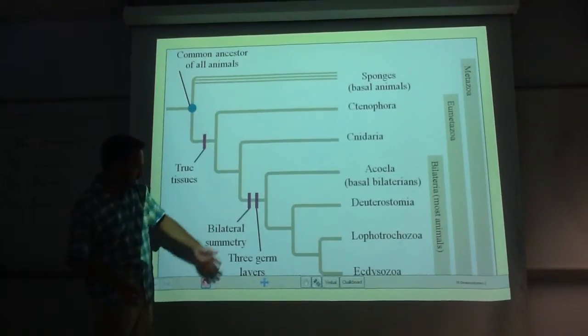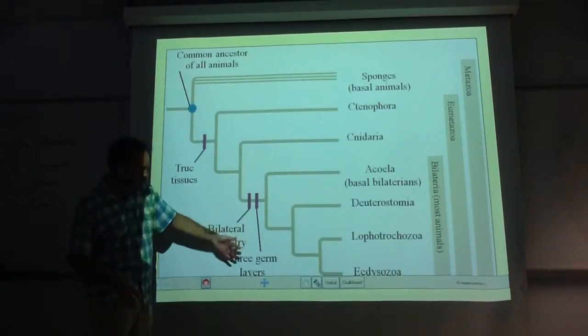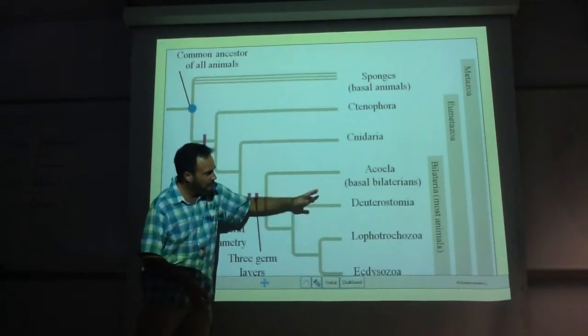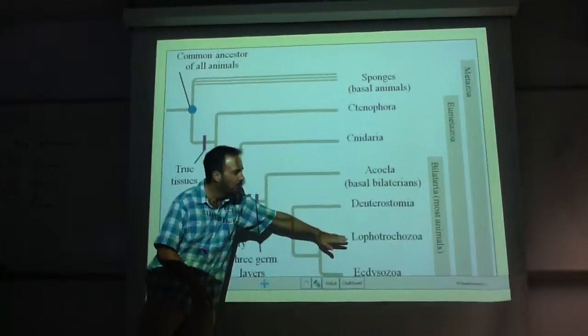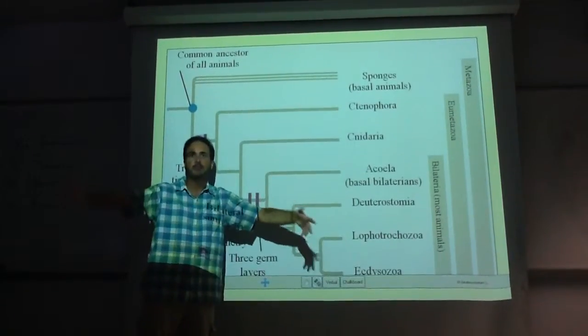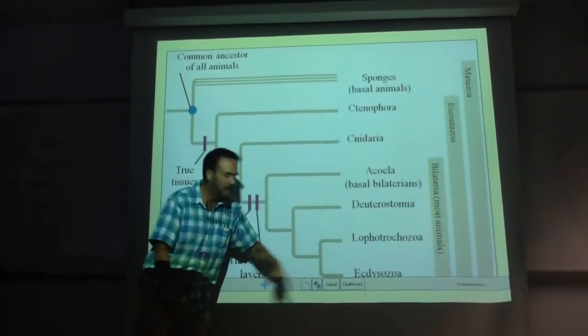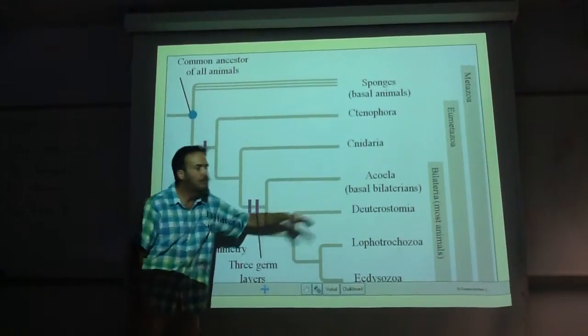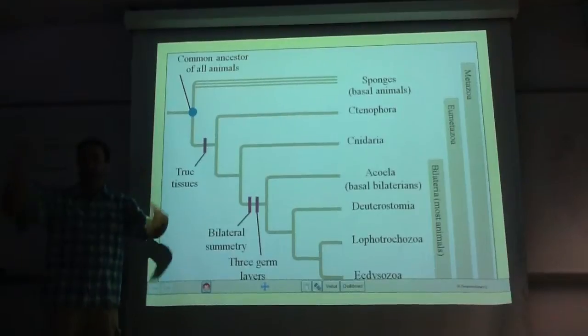And then, of course, all of these animals that are bilaterally symmetrical with true mesodermal tissue, we're dividing largely into these bilaterian groups, the deuterostomes and the protostomes. We've already covered the Lophotrochozoans, which includes the major phyla of platyhelminths, annelids, and mollusks, the Ecdysozoans, which includes the major phyla nematodes and arthropods, and now we're going to focus on the deuterostome animals, which include echinoderms and chordates.